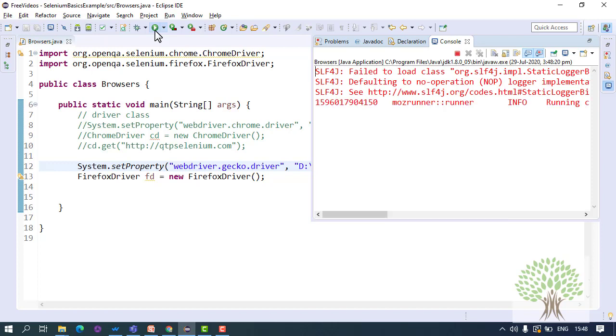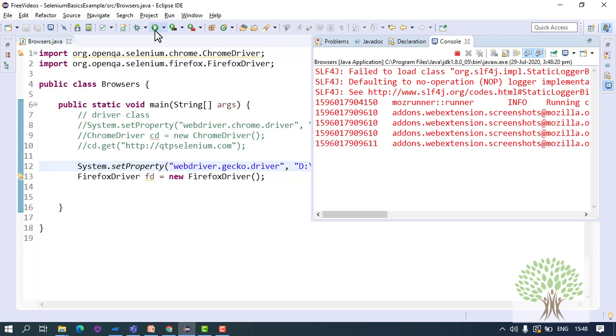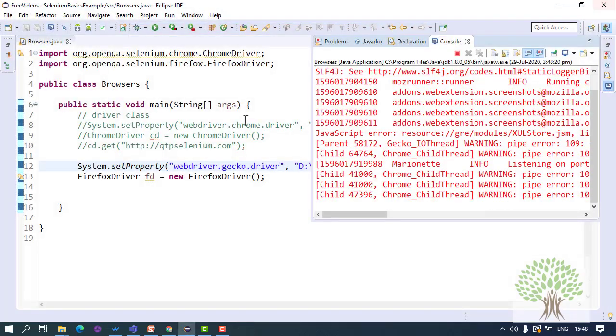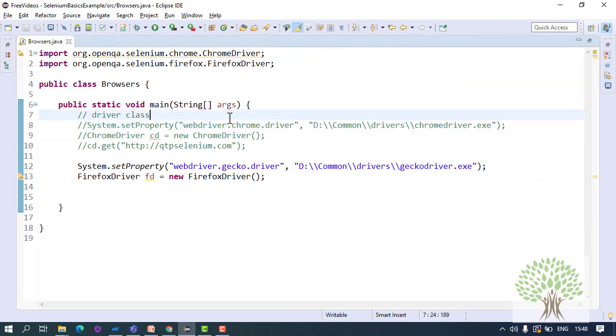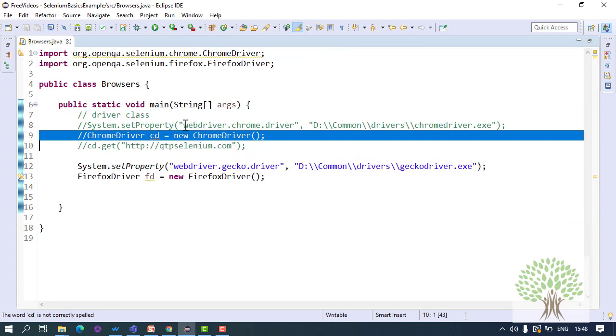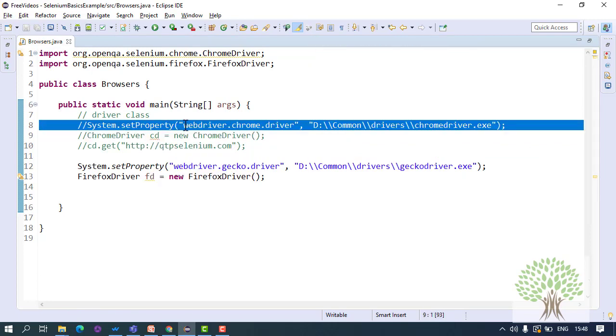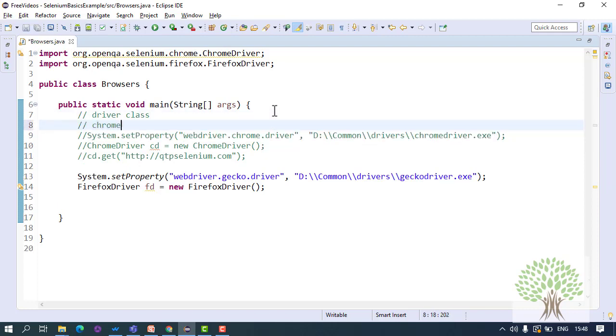Now you have to be careful about a few things while working with Chrome and Firefox. You have to be careful about versions and updations. What do you mean by that? You see that this Firefox opens up, right? First of all, as I told you, when you download the Chrome driver exe, you check the version and download it. Sometimes Chrome automatically updates itself. If Chrome is updating itself, you have no control over it. It automatically does that. So you will have to search for the new exe.